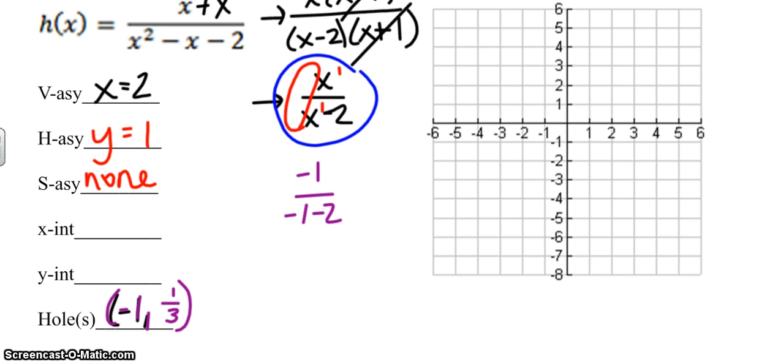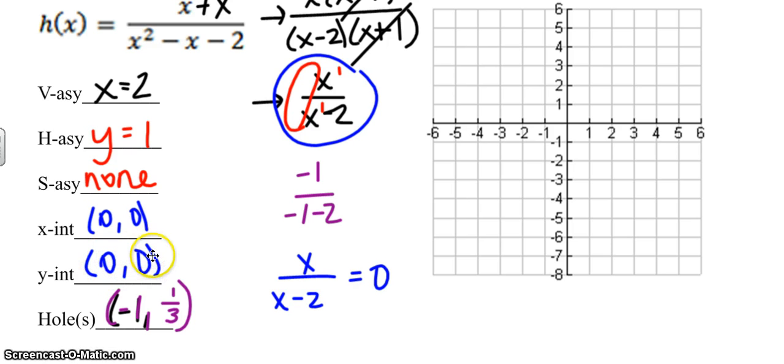My x-intercept is going to be when I plug in, or when I set this equal to 0. So if I set x over x minus 2 equal to 0, multiply both sides, that's just going to be the point 0, 0. Well, the point 0, 0 is going to be my y-intercept as well, because I'm plugging in 0 for x, I get back 0 for y. So again, plotting all of your key features. I've got a point at 0, 0. I have a hole at negative 1, 1/3, so it's going to be an open circle. A horizontal asymptote at y equals 1, and a vertical asymptote at